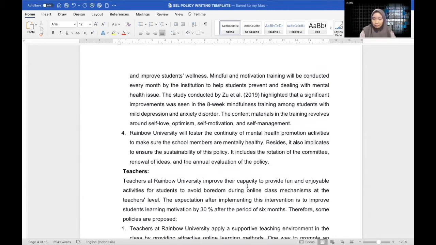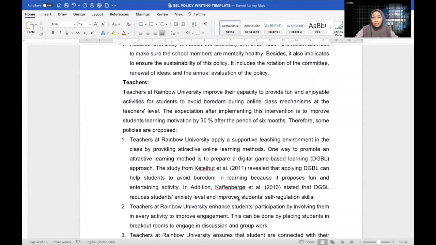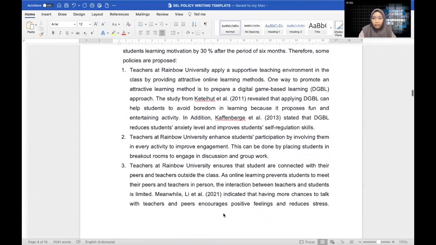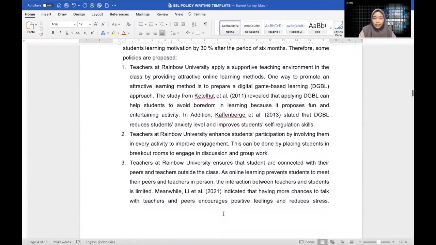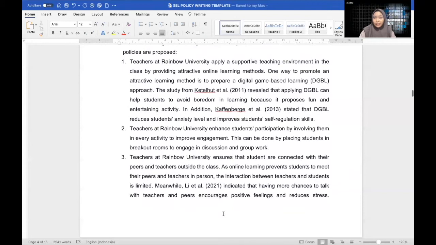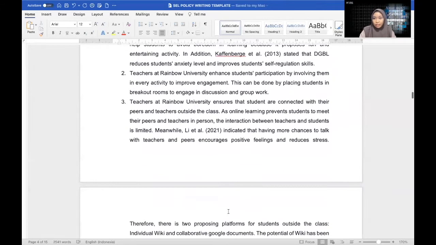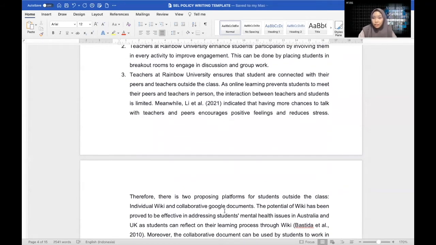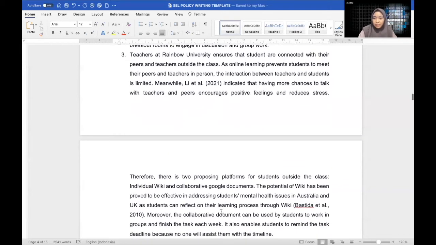members are mentally healthy. Meanwhile, for teachers, because we aim to improve the teachers' capacity to provide fun and enjoyable learning activities, here are several statements for the policy in regard to teachers. The first is teachers at Rainbow University apply a supportive teaching environment in the class by providing attractive online learning methods. The second, teachers at Rainbow University enhance students' participation by involving them in every single activity to improve engagement. And the last is teachers at Rainbow University ensure that students are connected with their peers and teachers outside